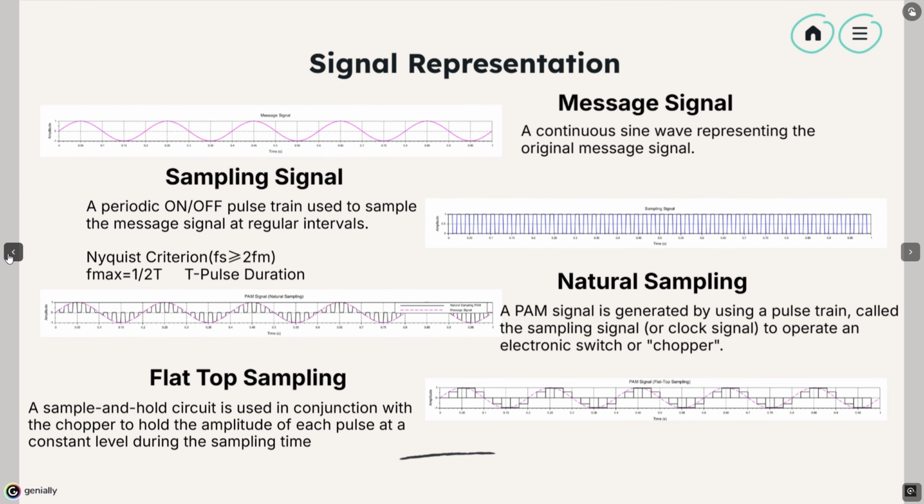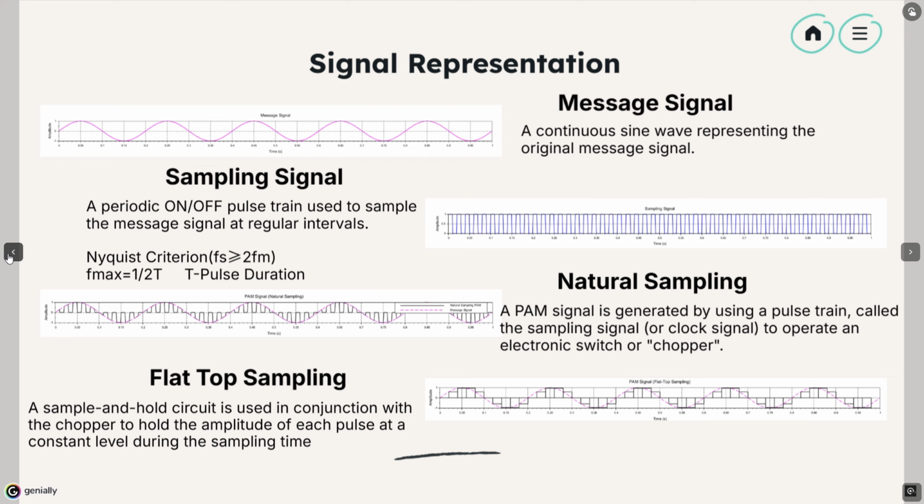For the signal representation in PAM, first is the message signal, a continuous sine wave that contains the original information to be transmitted. Second, the sampling signal is a periodic on-off pulse train used to sample the message signal at regular intervals. To avoid aliasing, the sampling frequency must satisfy the Nyquist criterion. The sampling frequency must be greater than or equal to two times the message frequency, where the message frequency is the maximum frequency of